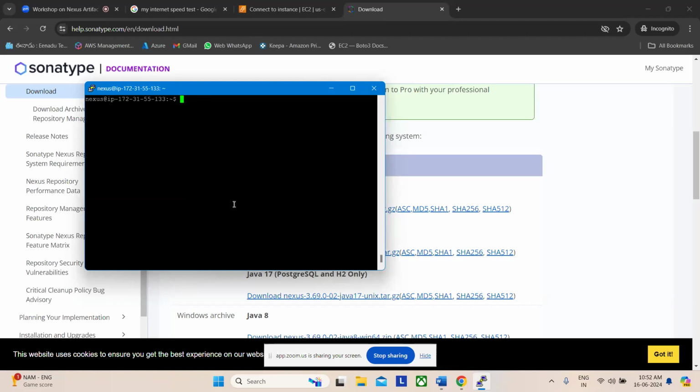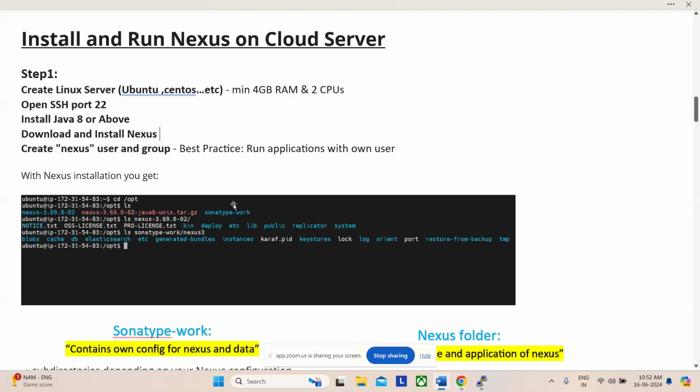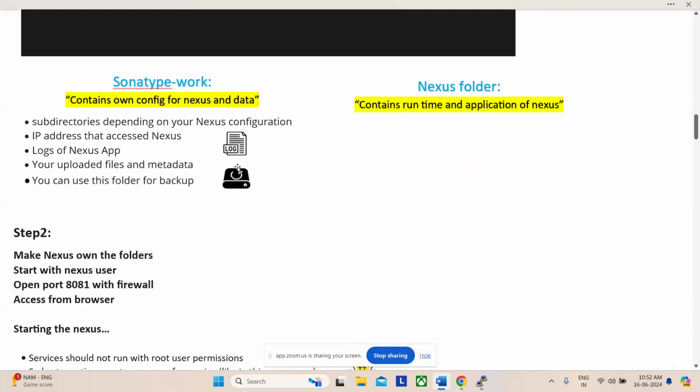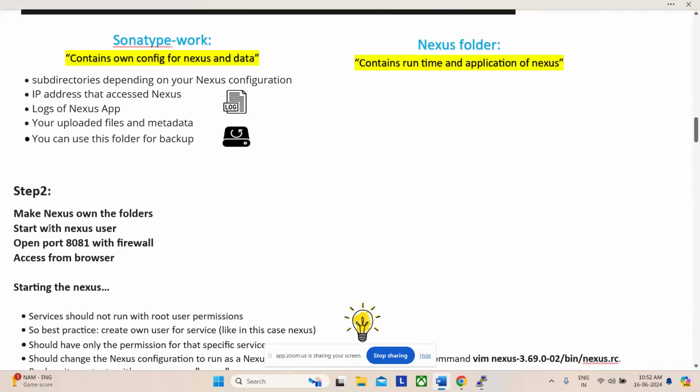Okay. Now I'm in the Nexus user. So I need to again switch to the /opt directory. As I mentioned, everything is done in the file. So what is the content? Step two: make Nexus the owner and start with the Nexus user. So I mentioned before,